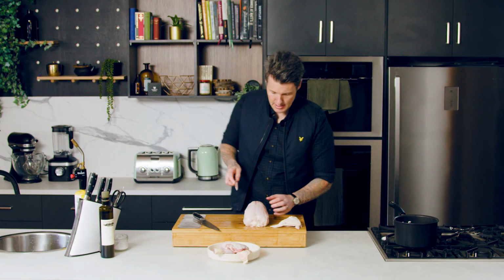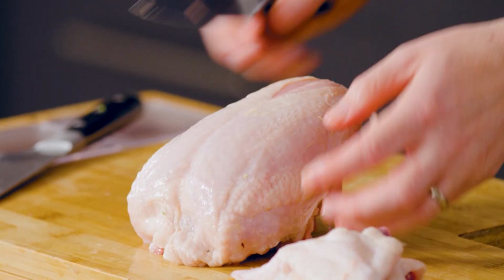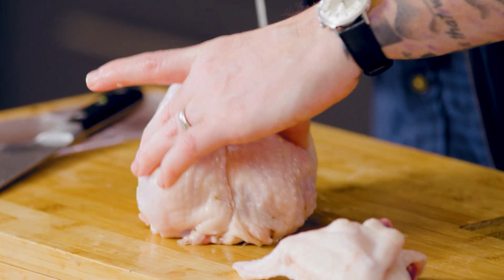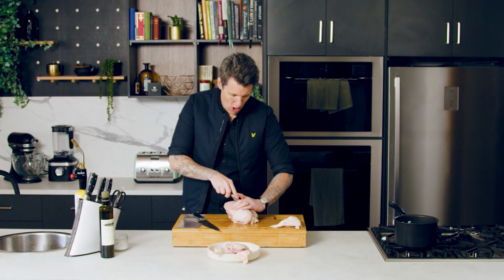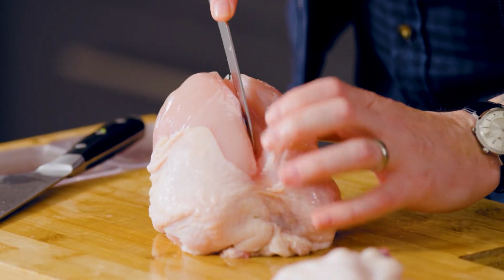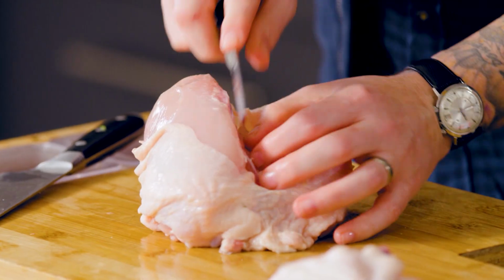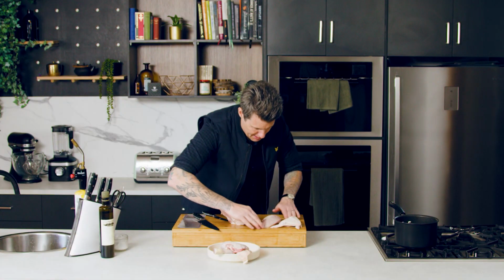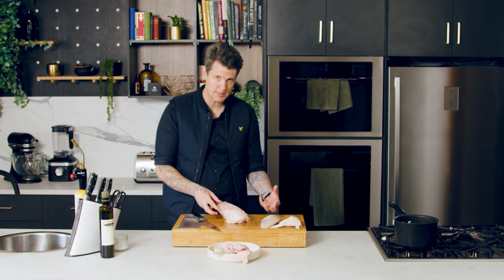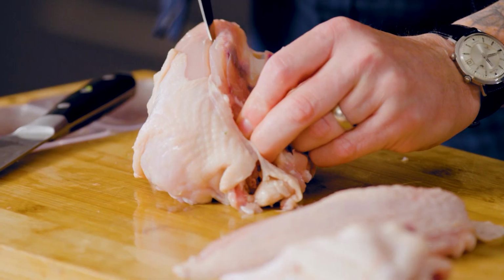So, chicken breast. There's a line you can see here. Runs there. That little line. That's what we want to run our knife down. And whether this has been roasted on the crown or not, it's the exact same process. And as you run down, like so, and then you're just going to cut and sort of peel away. So there's our breast. Now, like I said, if that was a cooked breast, it would come off the exact same way. We do the same on the other side of that